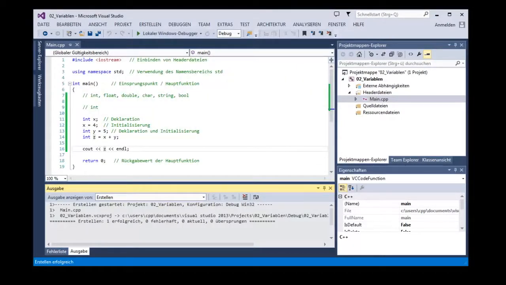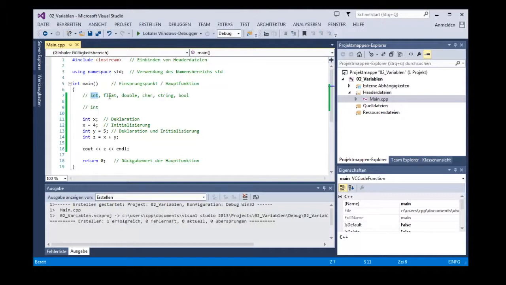But why do we differentiate between integer values, float values, doubles, and so on? Well, the answer is we have to keep the memory in mind when using C++, because an integer value needs less memory than float values, for example. Now I want to request the memory that is used for a variable. So for this we want to